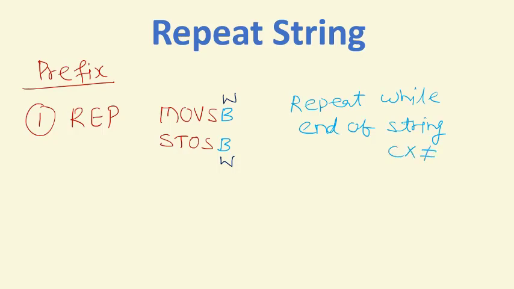कब तक? जब तक कि CX की वैल्यू 0 नहीं हो जाए। और जैसे एक इंस्ट्रक्शन एग्जीक्यूट होता है, CX की वैल्यू डिक्रीमेंट होती जाएगी बेसिकली। तो ये REP जो प्रीफिक्स है, बेसिकली यूज कर सकते हैं मूव्स और स्टोर्स स्ट्रिंग रिलेटेड ऑपरेशंस के लिए। ओके,